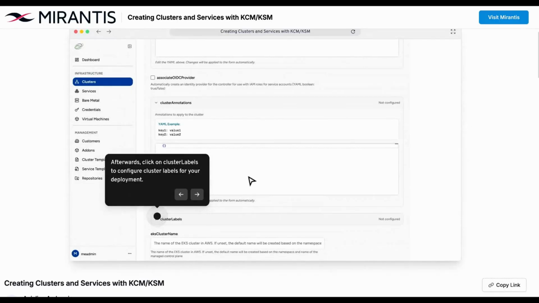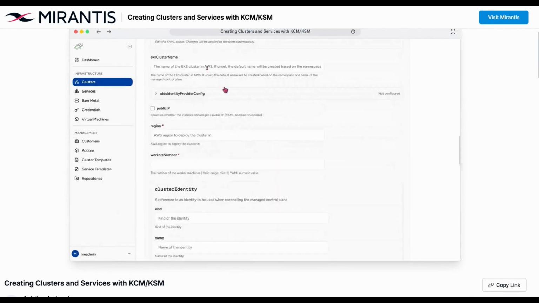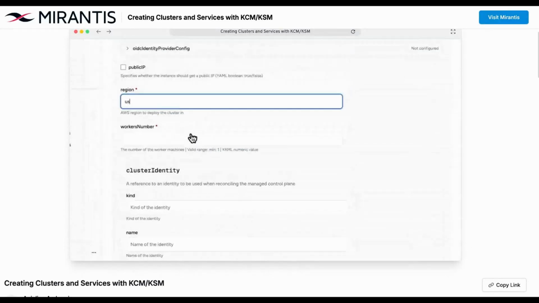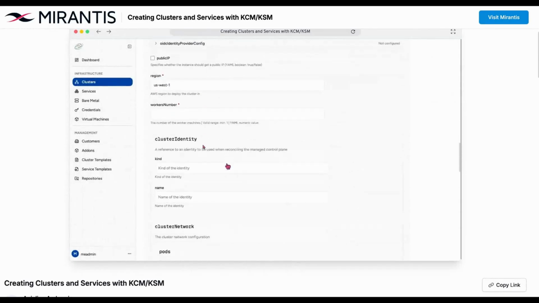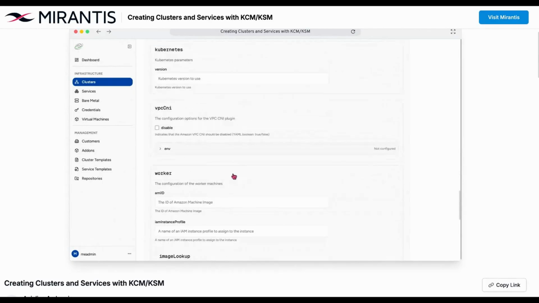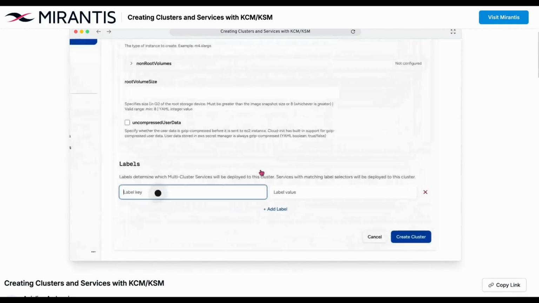The point of all this is that you can still create your EKS cluster, but it gives you a lot more wiggle room and freedom. So you can customize your cluster as you like, or as your customer would want it. It basically allows you to create these clusters and tailor them to your use cases. So we can add these cluster labels, and they're all in YAML. Here's the EKS cluster name. We're going to put the name of the EKS cluster here. We're going to add the region, US West-1. And then we have the cluster identity, cluster network, everything you would need to get your cluster off the ground. As we're looking through, we have all these different fields so you can tailor however you like. Then we have the labels.